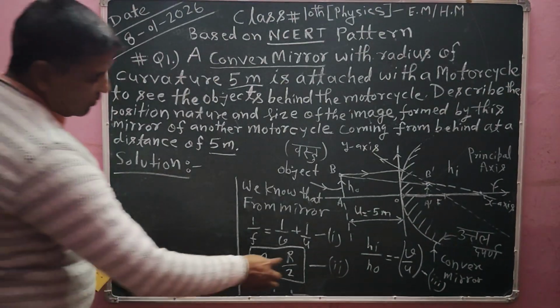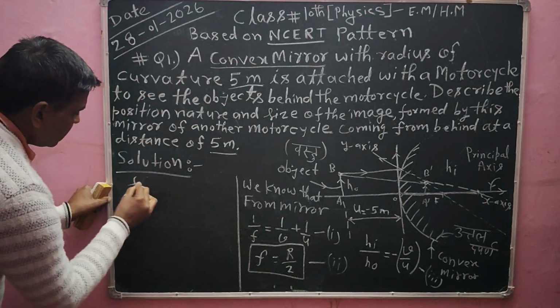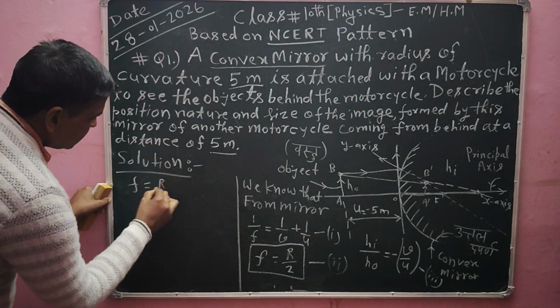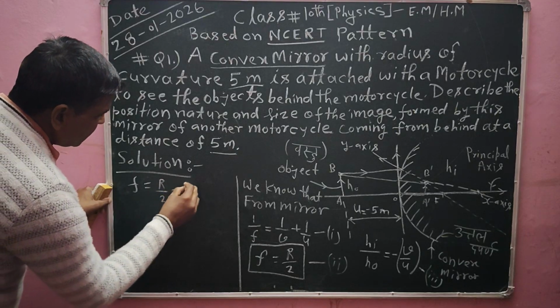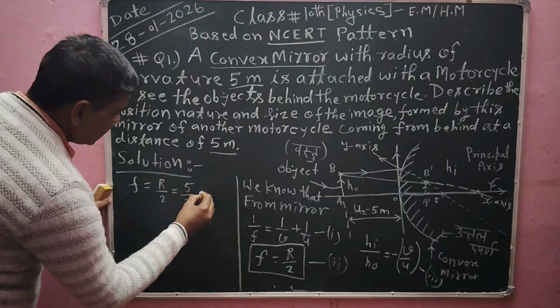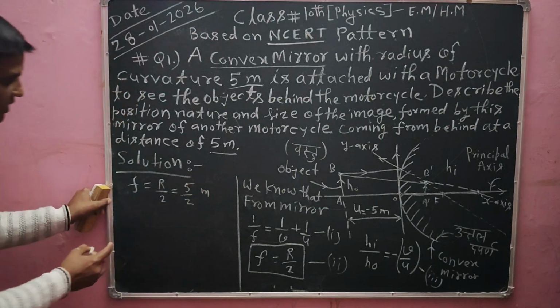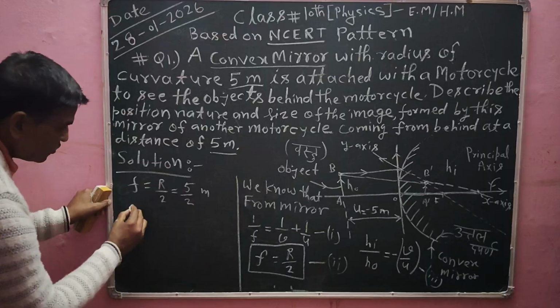So here the value of R is given, that is 5 meter. So I know F is equal to R divided by 2. It means that here the value of F is 5 divided by 2. It means that this is the focal length that is given in meter. Now I have to use the formula of